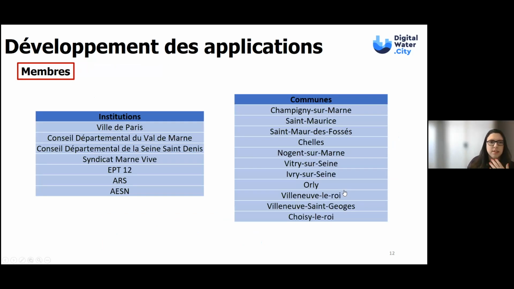One of the first questions we ask ourselves: those are the members with whom we work, who are part of the community of users. We have the city of Paris, youth and sport, Olympic Games, Paralympics, major events, the departmental council, Saint-Denis, Marne-Vive Syndicate, EPT 12, RSAS, and all municipalities which applied for the Paris Olympics.